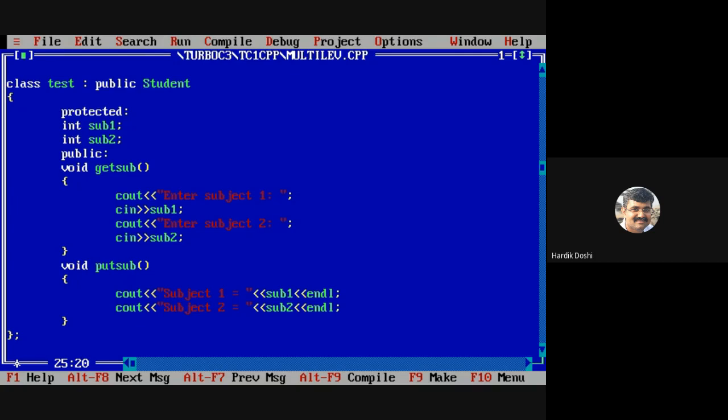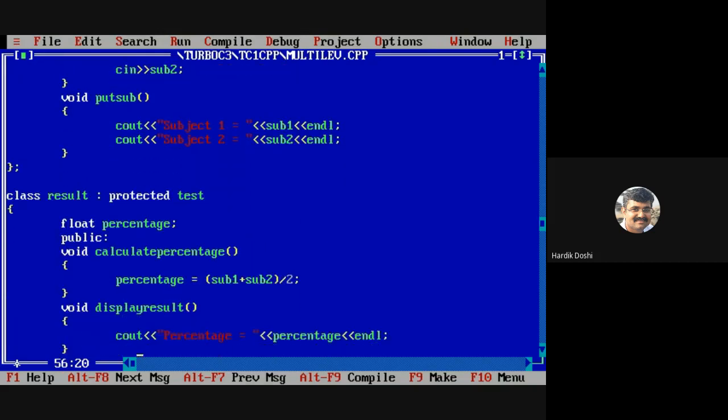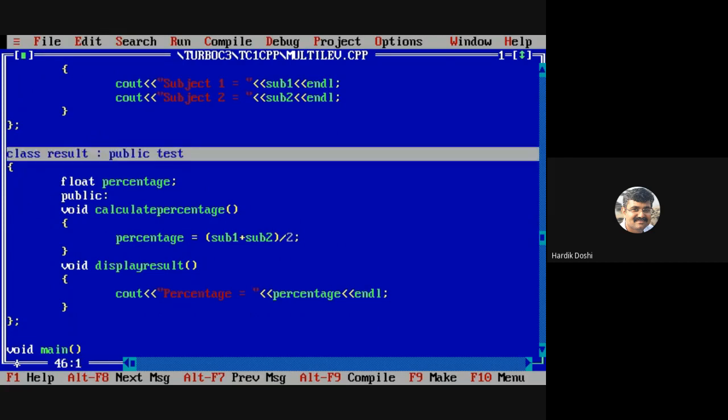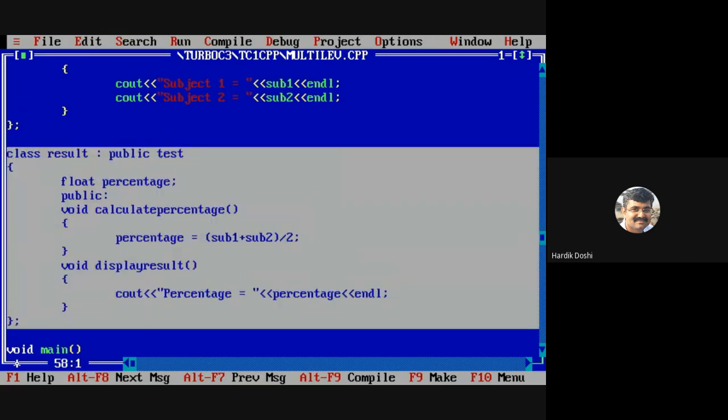Now going to our last class. So now you have to tell me. Just again observe this result class. What will happen? First of all, check the data members of the result class itself. Then check the inheritance.